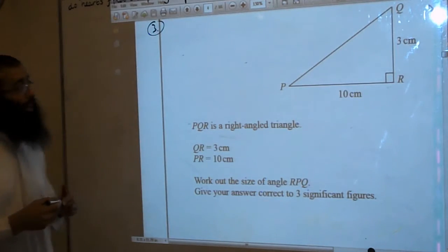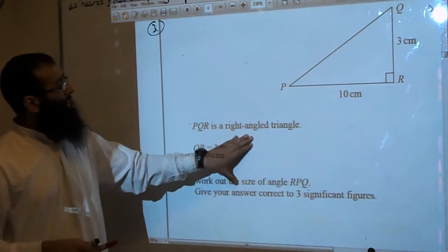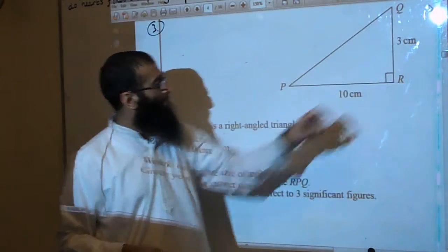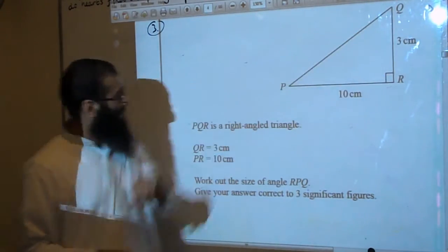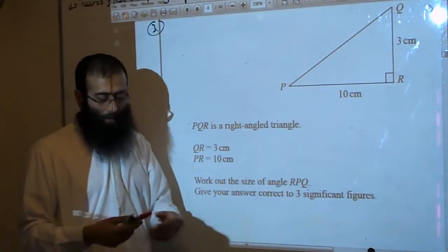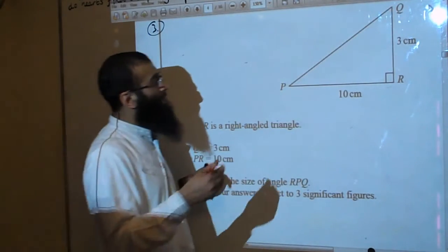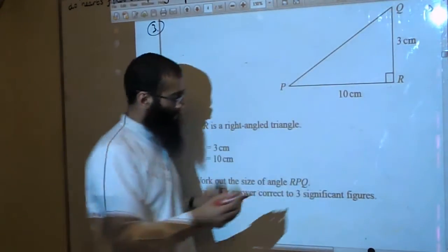Okay, question number 3. PQR is the right angle triangle. They've given us some measurements. 3 centimeters and 10 centimeters. Work out the size of angle RPQ. So in this question here, we have to work out